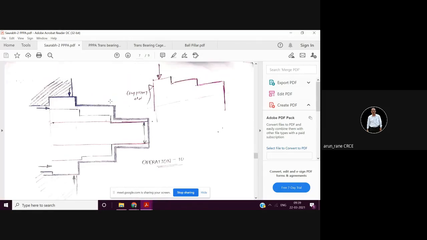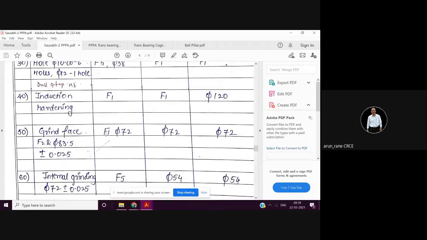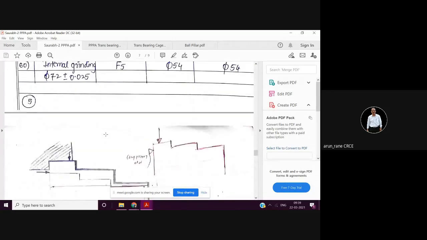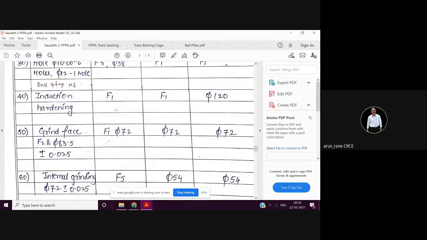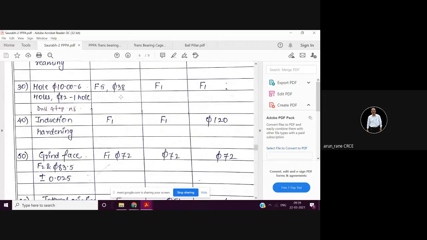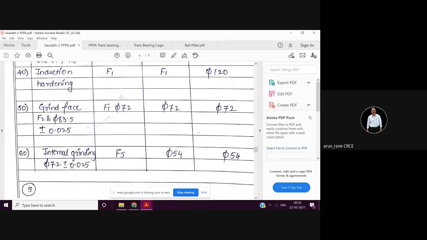From the process picture, the operator understands what is to be done, and how the component is to be located and clamped. Now this is the process picture for operation 10. Either you can write like this, F1, F2 and so on, or you can draw this picture over here. Drawing the picture takes time, so you can write it.